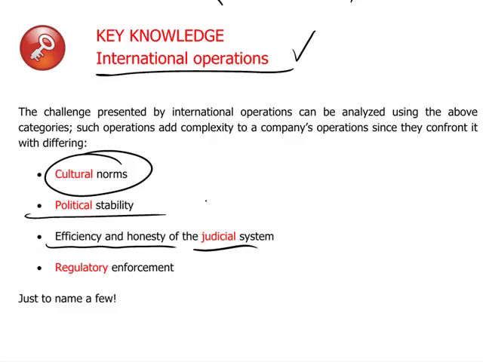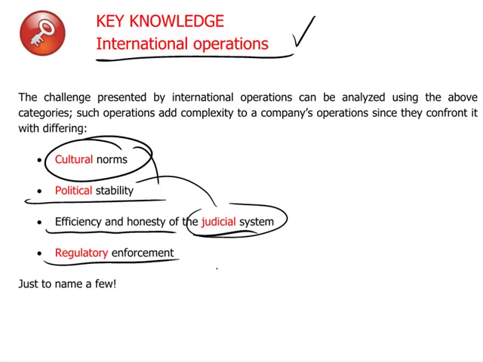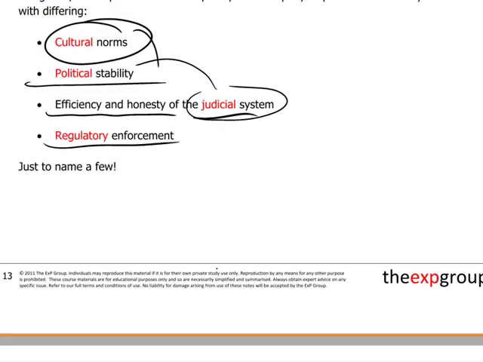So we need to understand, in some ways, the judicial system can be seen within the context of political stability or lack thereof, and of course cultural norms which obtain as well. And then of course the regulatory enforcement too. There are many other factors that we could mention when we discuss